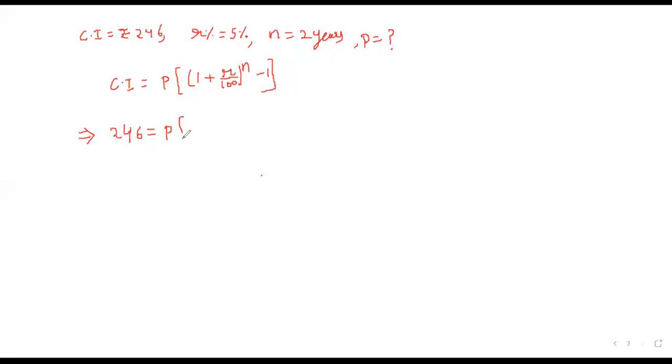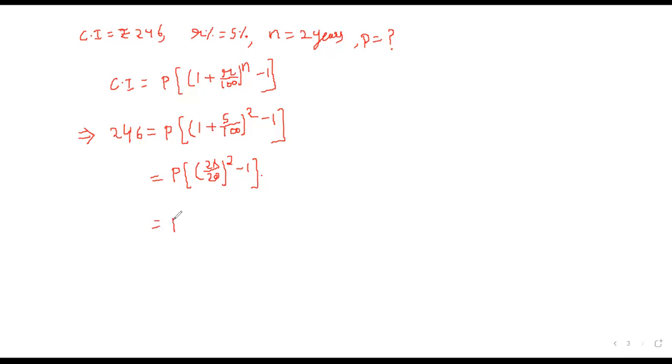We have to find the principal, into (1 plus rate of interest 5 by 100) to the power number of years 2, minus 1, equals P into (1 plus 1 by 20, that is 21 by 20) whole square